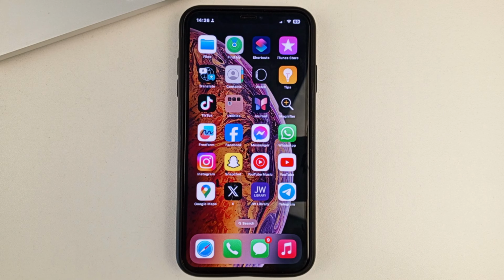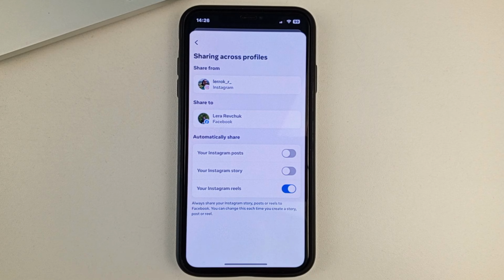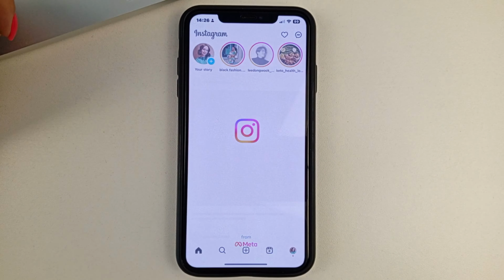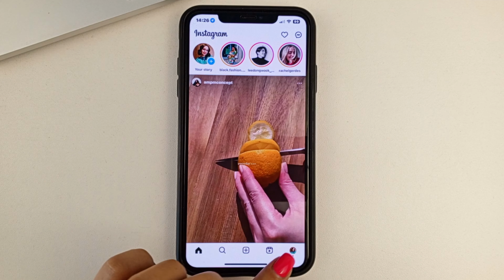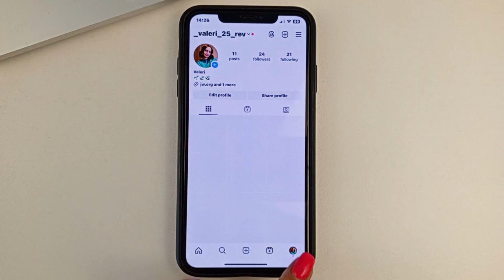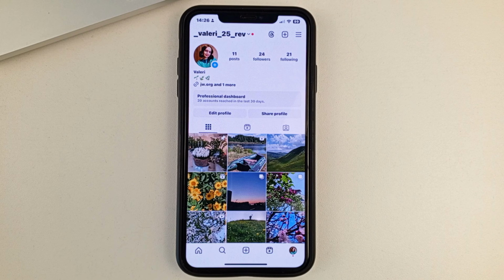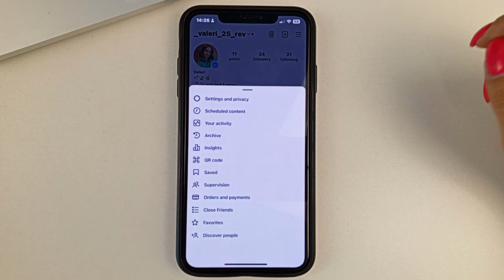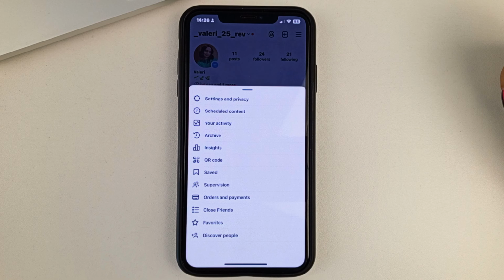And first of all, please open up Instagram on your device. And then, friends, you're gonna need to go to your page. And then on the right-hand side, at the top, click on the three bars. And that will take you to Settings. Or if you get a menu like you have here, then you go to Settings and Privacy.